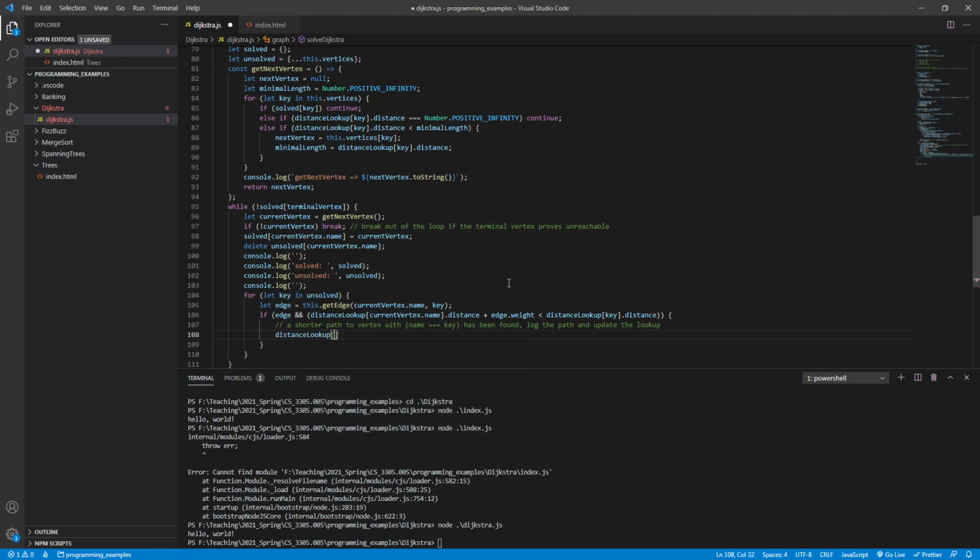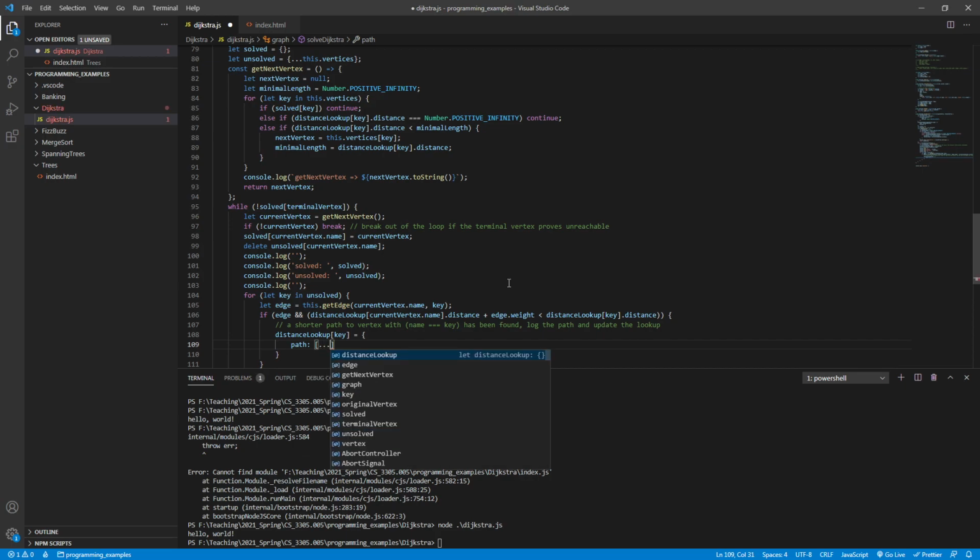So again, distance lookup. It's keyed by vertex name because we already know what the original vertex is. So we say for these terminal points, these are the known paths with the known shortest distances and their associated paths. And so if the route running through the current vertex that we are attempting to solve is shorter than the known path, then we take the path that brought us to the current vertex,